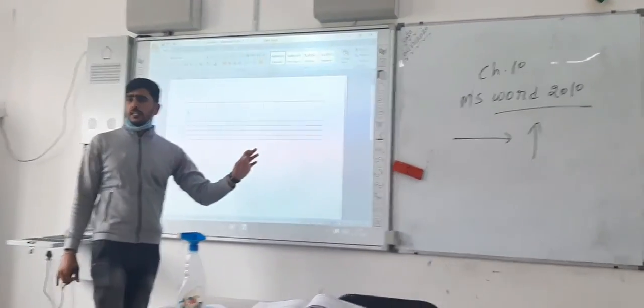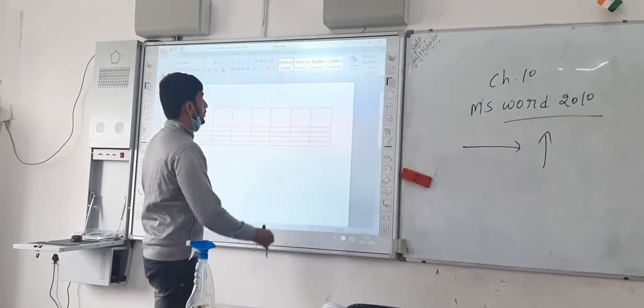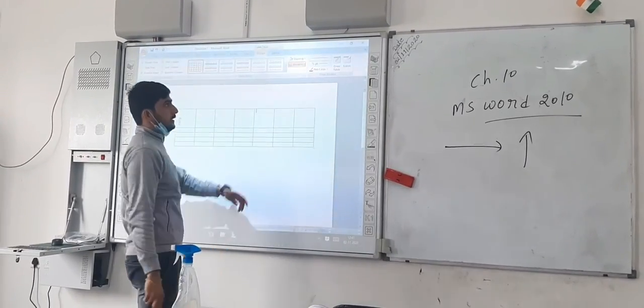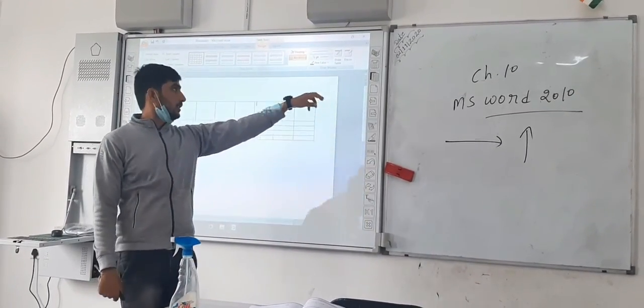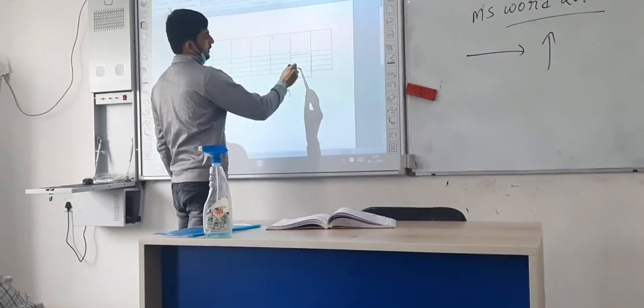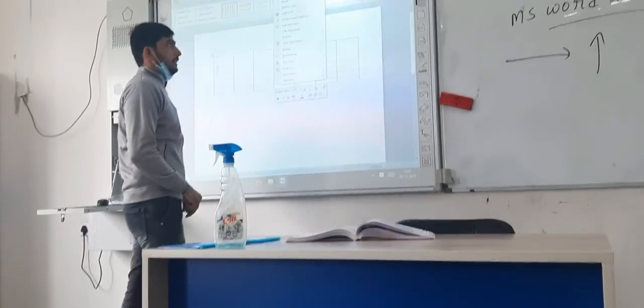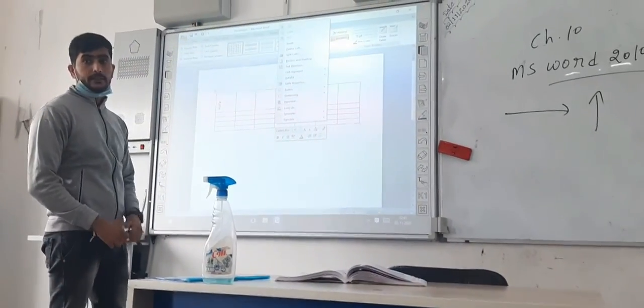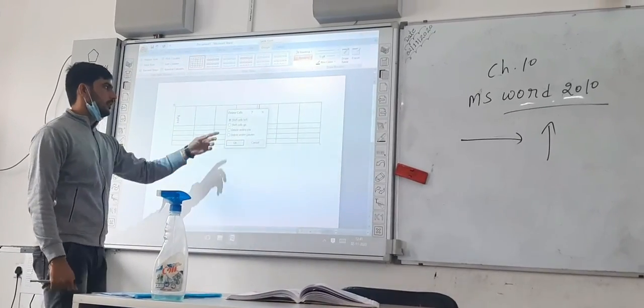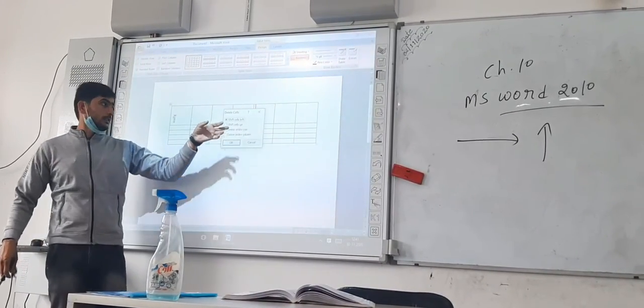And the next option, the first option, is you can go to the Design tab and you will see that eraser. You can use the eraser. The second option is you have to right click on that, and here you will see the Delete Cells. So first you will click on that and you will see which option you want.